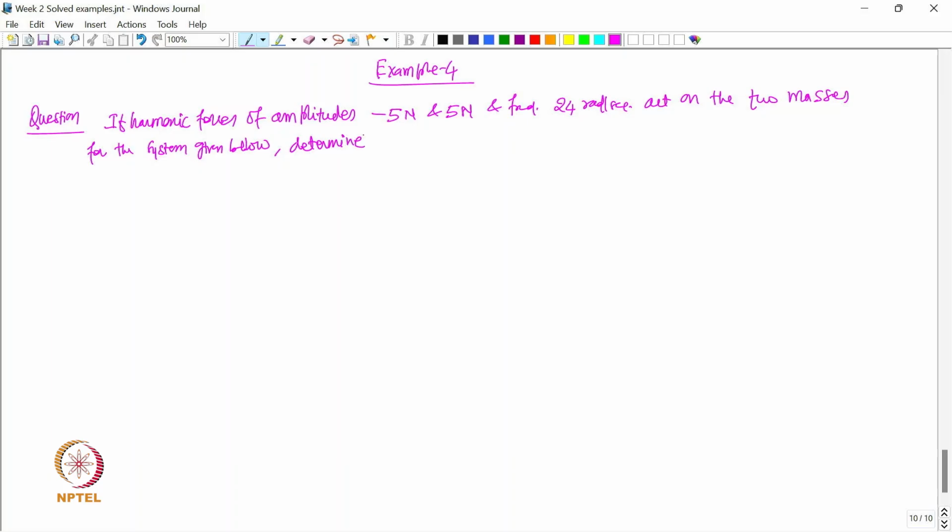Determine the modal forces and steady state modal and physical responses. So, the system given is the mass matrix is given as